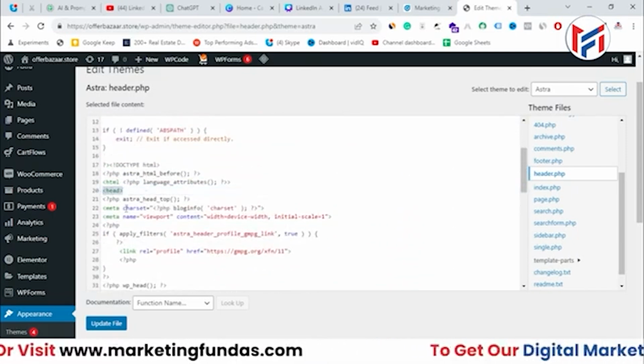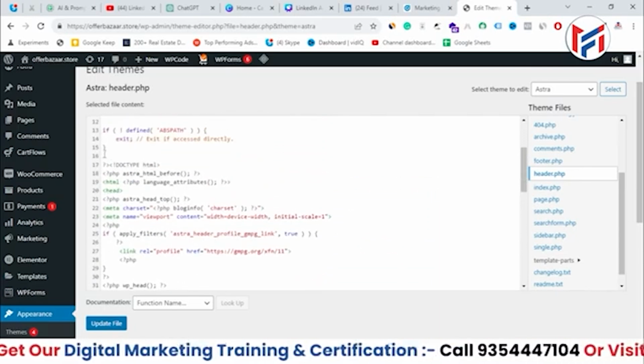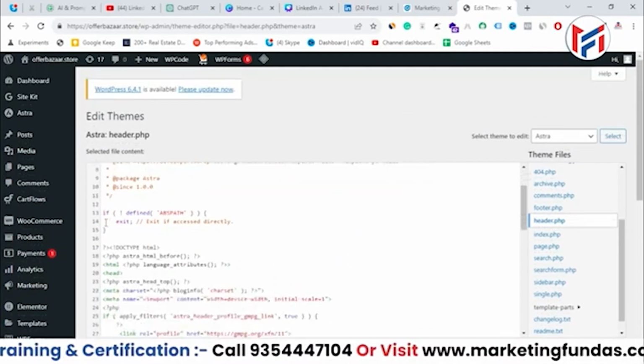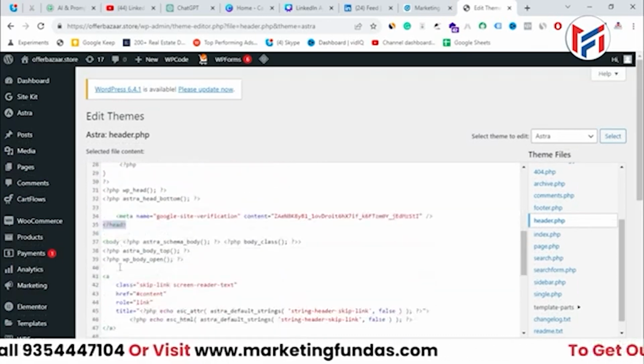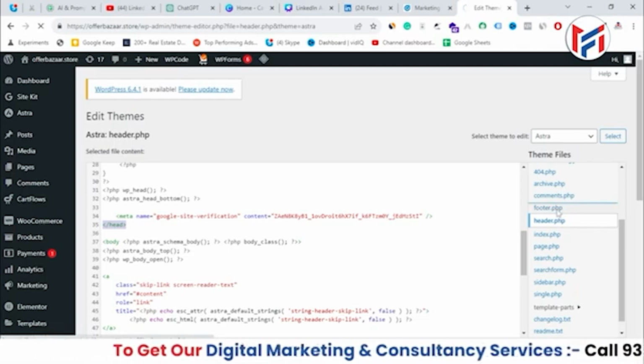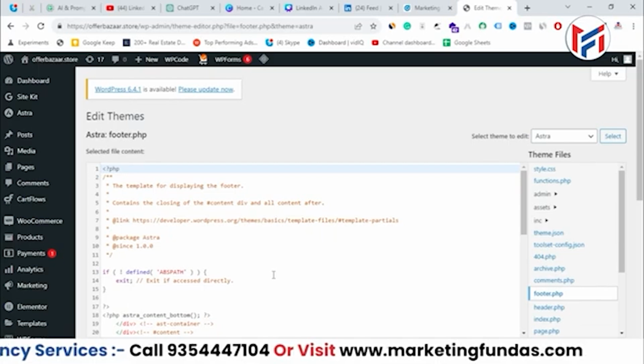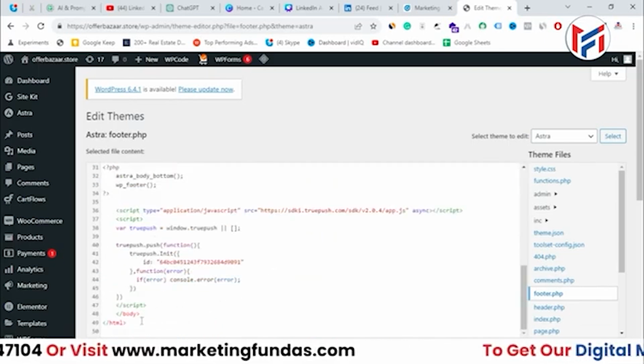So this is the opening of the head and this is the closing of the head, right? You need to paste the code between these two, opening and closing. And this is the footer option. You can paste the code into the footer as well, the global footer, right,